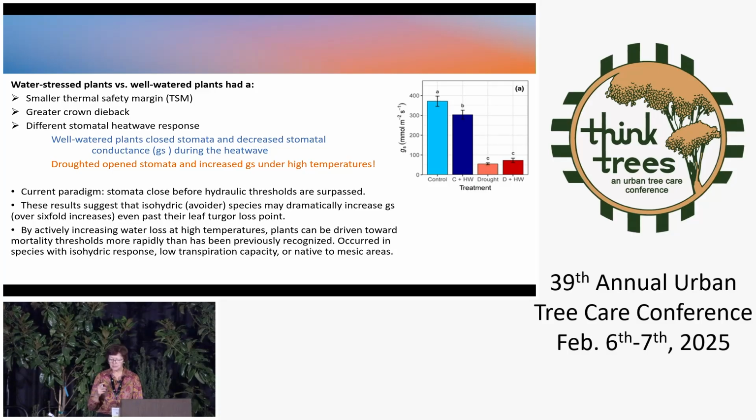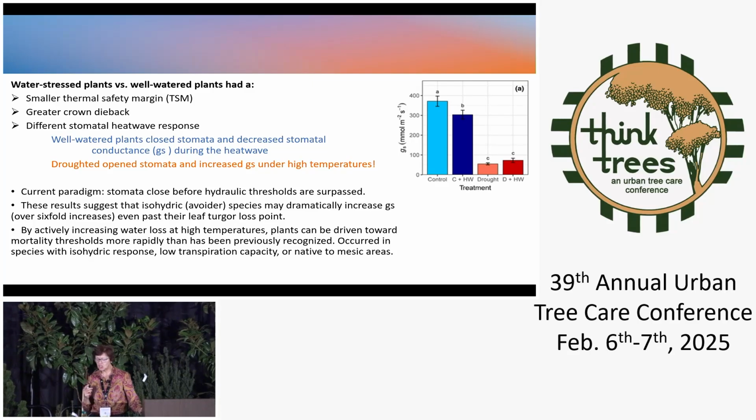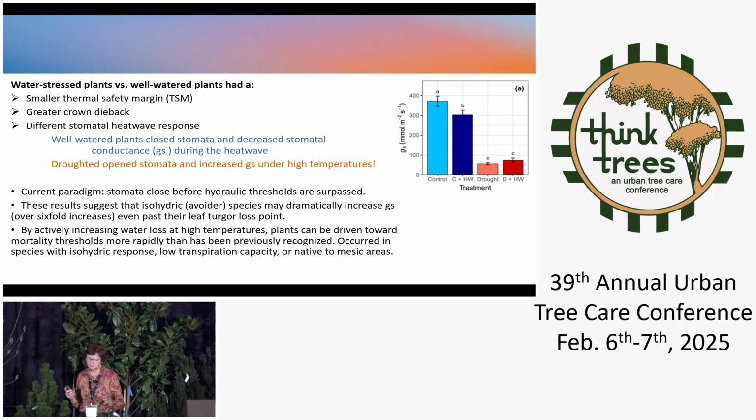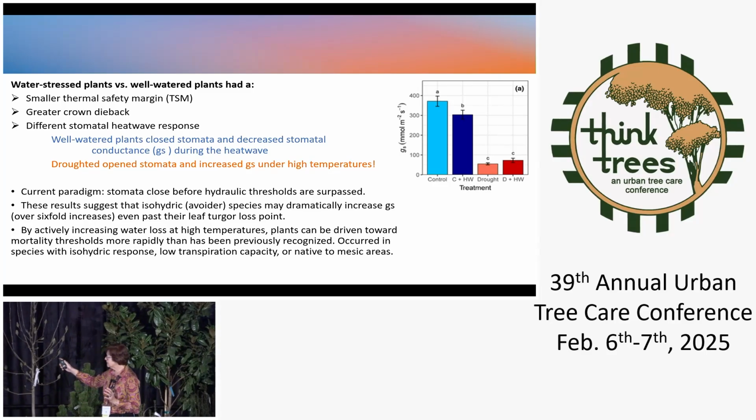So this last one here, I just want to show you because it is one that is really shocking. It's an experiment from Australia. It was done with many different tree species grown in a glass house. They also exposed the plants to drought and to heat. And the most shocking part is here, when you're looking at the drought and the heat in this graph on the right,